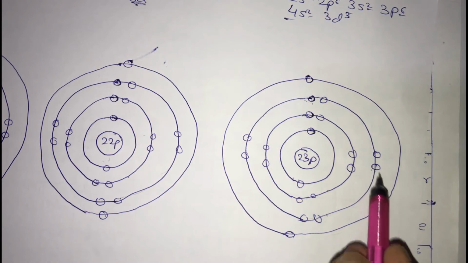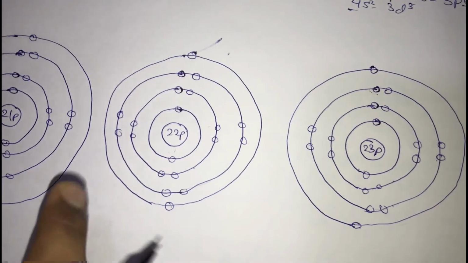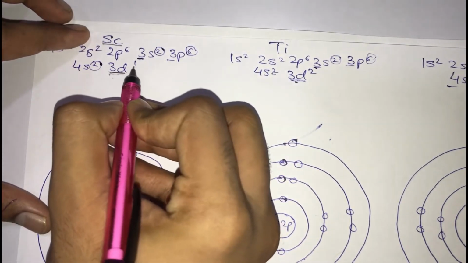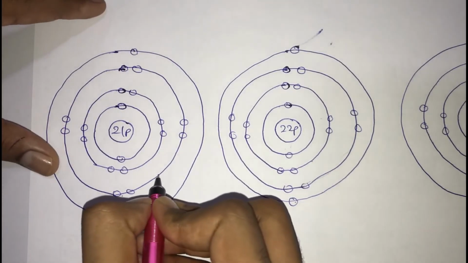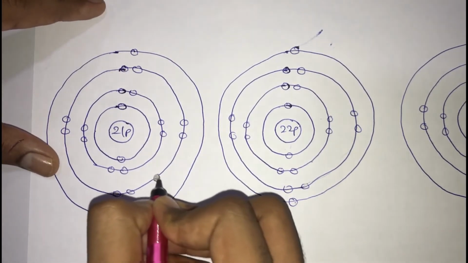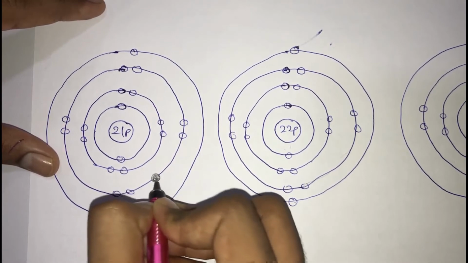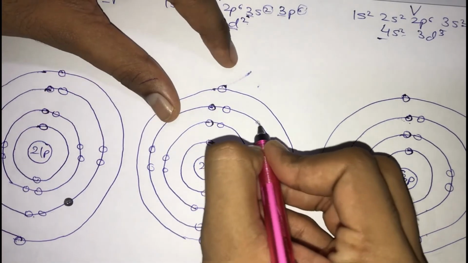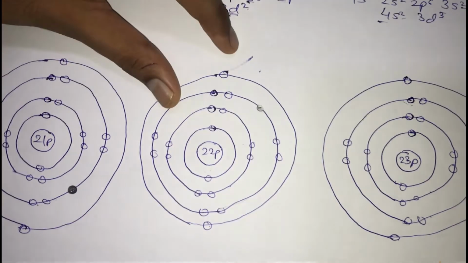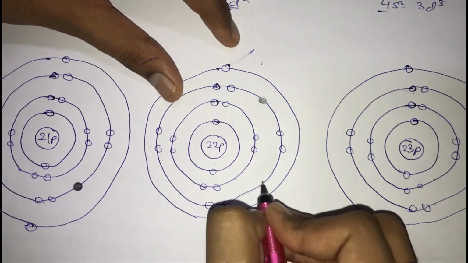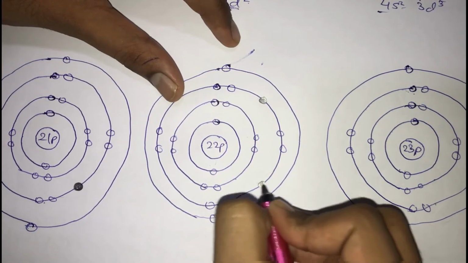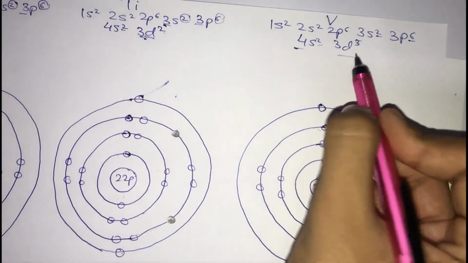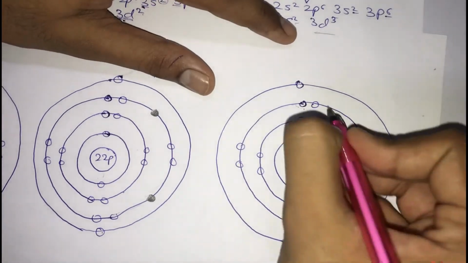Now, what you need to look out for here is that if you add 3d1, can I say that one electron is getting added over here? Am I right? If you include 3d2, can I say that two more electrons are getting added? I am purposely showing them in a different color. There is a reason behind this. Here, if I consider 3d3, then can I say that 3 electrons will get added?